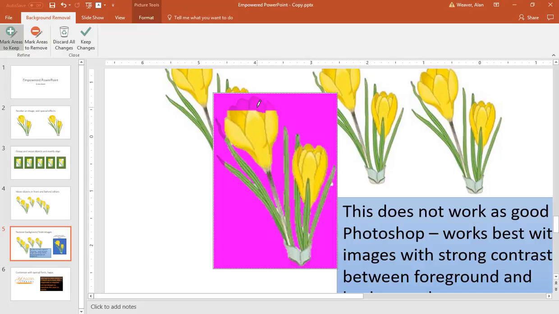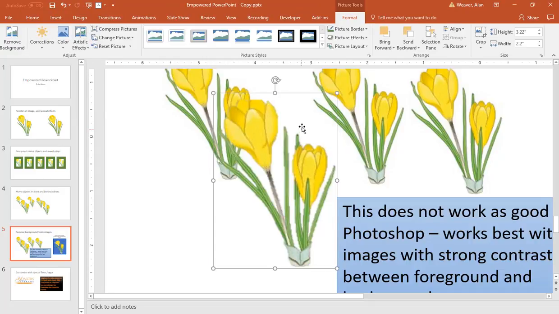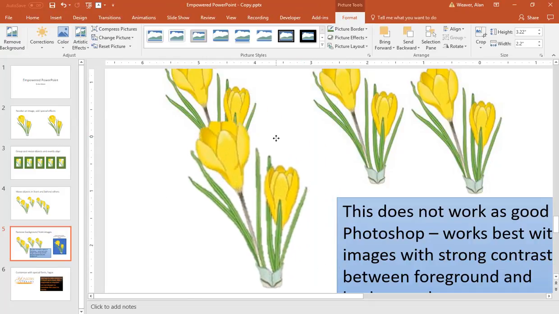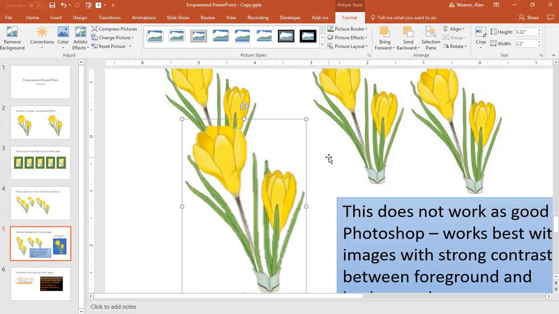It's not perfect. Go up here, go in here, go over here, but I want to keep this. Click over here, gonna click in here, we've got a few white areas that we want to get rid of. I don't want this video to go on for 2 hours. I say keep changes. So what you're getting is the flower in front of here. So it's a reasonably satisfactory